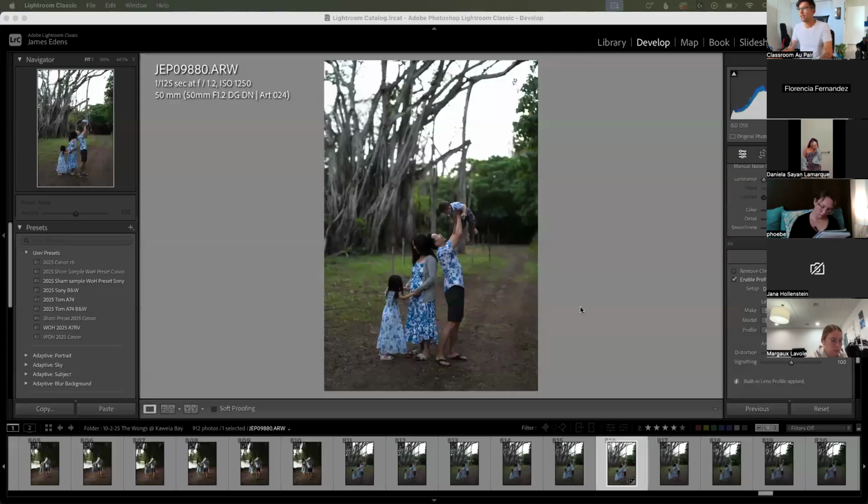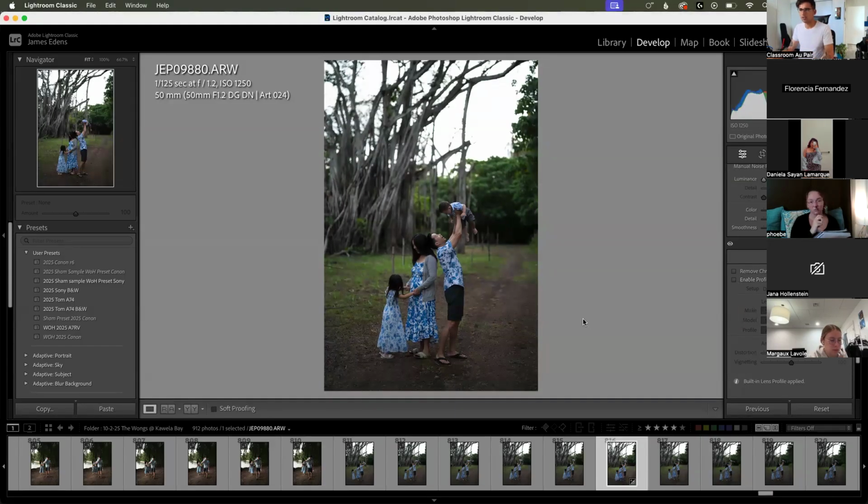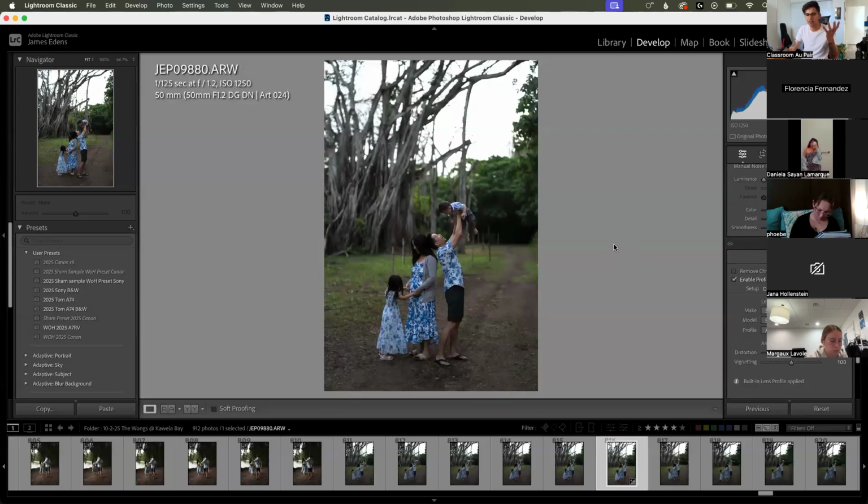Now, why is that? I need to show you on my computer to really give you a good idea. So when you enable, mine says enable profile corrections, it's the same thing. Watch when I turn it off. Do you see how my photo just changed? Let's go before. So this is with corrections on, and this is with corrections off. What you should notice is a natural vignette to my photo, and the proportions changed a little bit. The reason is that all lenses are going to have some sort of natural distortion and vignette to them. But what camera companies do is they make these profile corrections that you can add to your photo automatically,